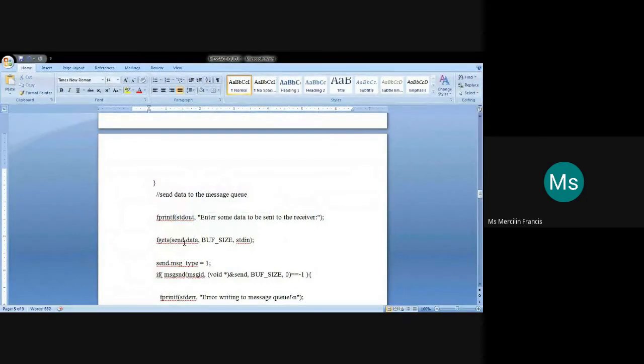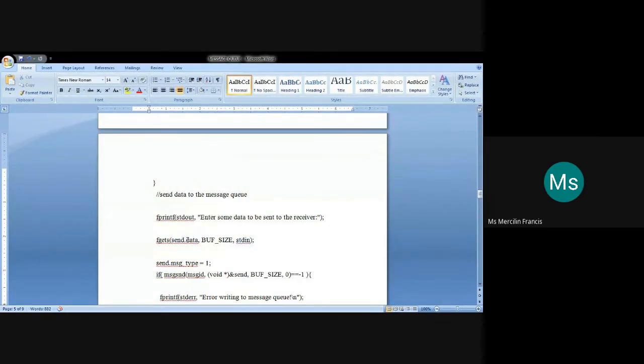Then, in order to get the data through the keyboard, it makes use of the fgets function. Standard in, that is the standard input device, the keyboard, is taken. And the input given via the keyboard will be stored in send.data.